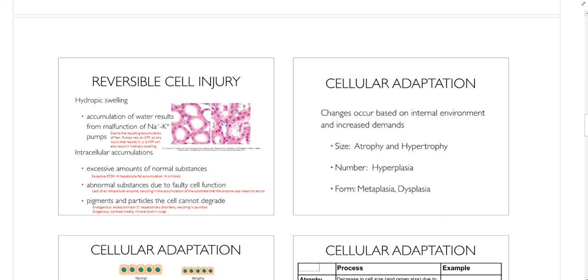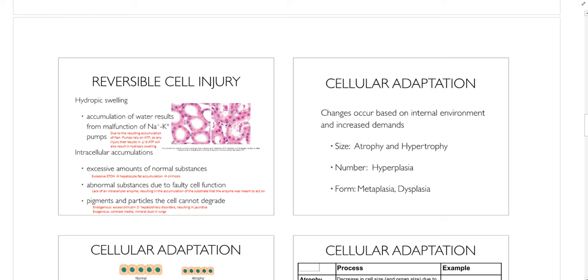So hydropic swelling: all of these cells are going to have sodium-potassium pumps that work great at maintaining the electrolyte balance between the inside of the cell and the outside of the cell. When there is any kind of injury that interferes with the number of ATP that are created, then the sodium-potassium pumps that rely on that ATP are going to stop working, because sodium-potassium pumps require the ATP for energy. When they stop working, there's going to be an excess amount of sodium that comes into the cells,